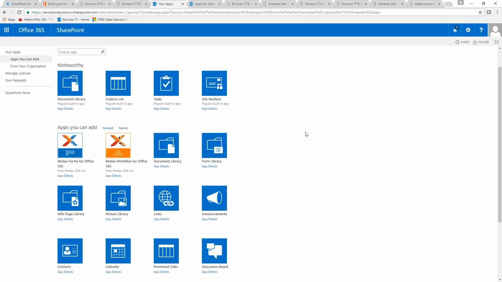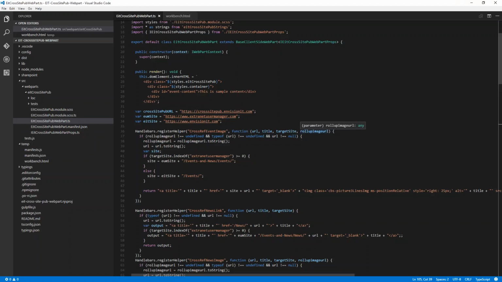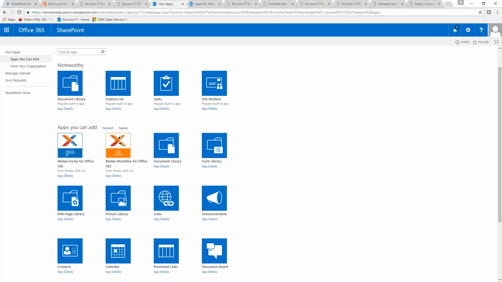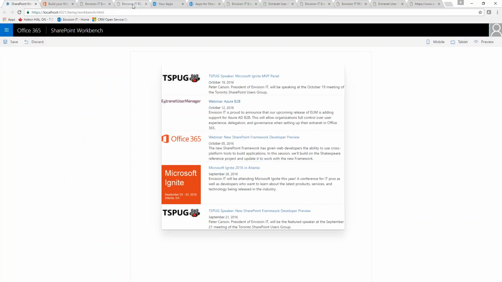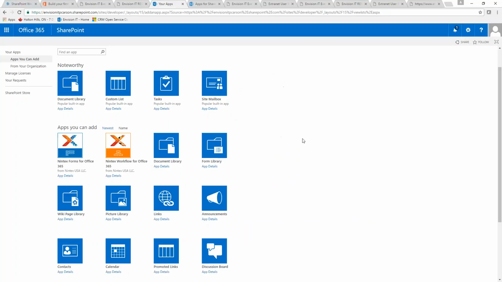Obviously, that's not how you deploy your apps longer term, but as you're doing your development, you can continue the journey that I started previously, where you can make changes in your Visual Studio Code. Gulp will see those changes, and instead of seeing the results on your local SharePoint workbench, you can actually see them on the app pages themselves. So let's actually go to one of those pages that I've set up. If I come back to my site contents,